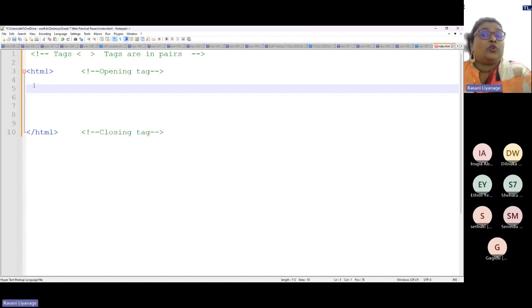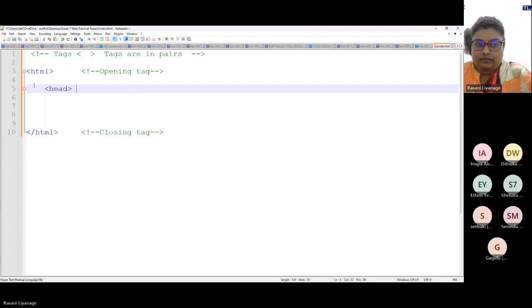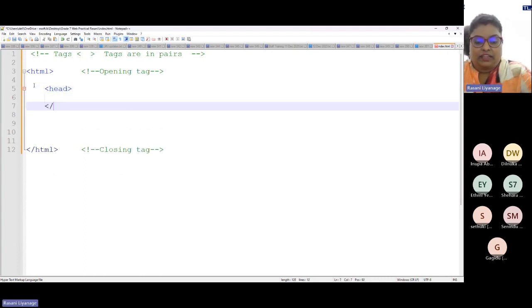Right. So within HTML, press Tab. Next tag would be head and close head. Always remember, like a man, you have the head on top and the body underneath the head. First the head, then the body. So head and the body.